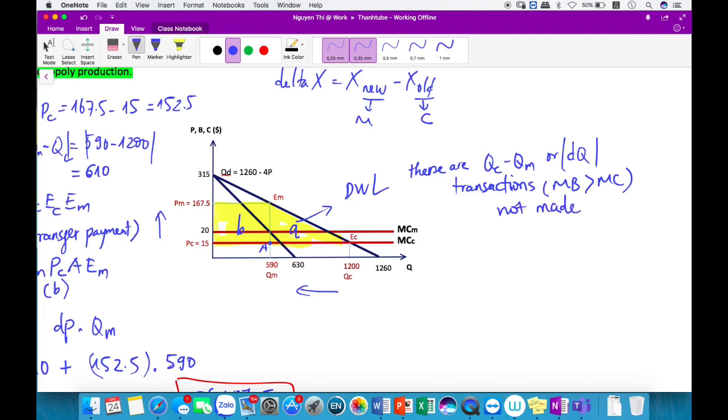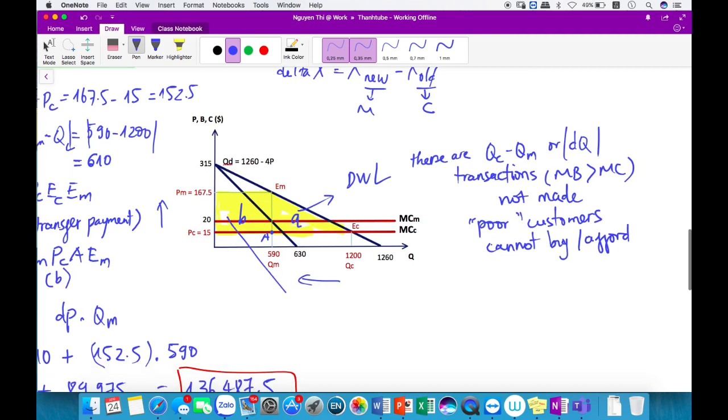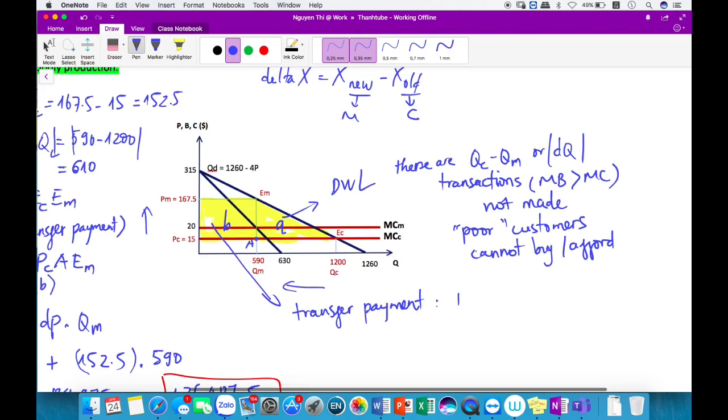In other words, poor customers cannot buy or afford the product because of the increase in price. And area B is the transfer payment, representing QM transactions made,